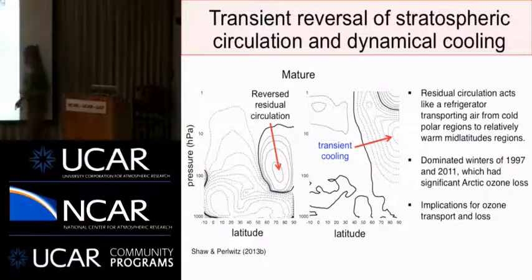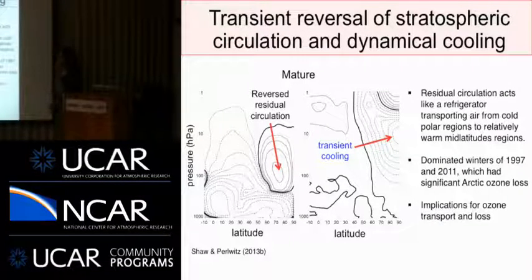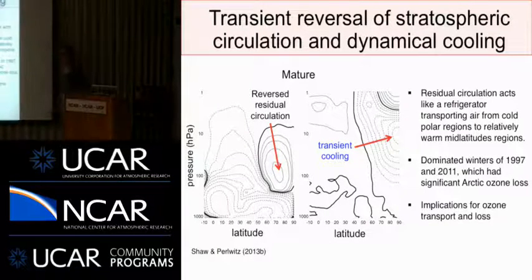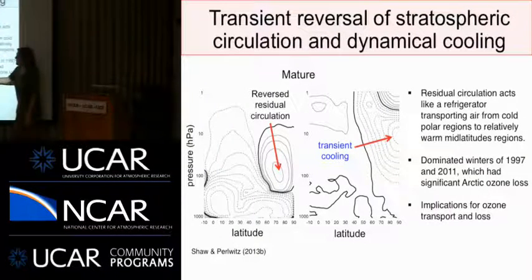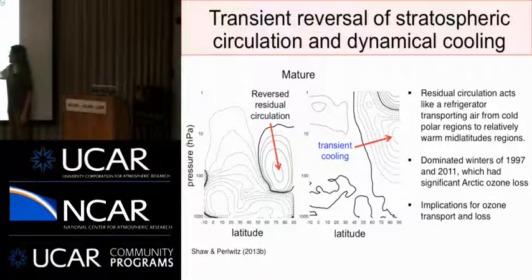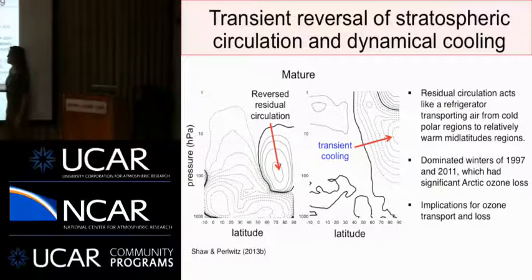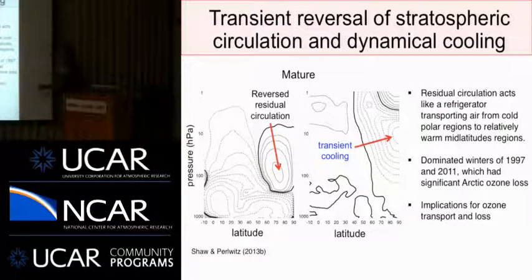And if this behavior persists, then we would certainly find anomalously low ozone, for example. An important implication of this reversal is that air is being drawn up in high latitudes and it produces a transient cooling. So the dynamics are causing a cooling, which again is not consistent with the climatology. So this is a very different behavior than what is typically thought of for these planetary scale waves